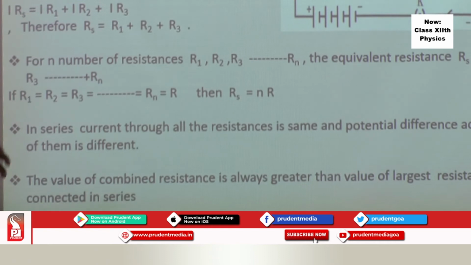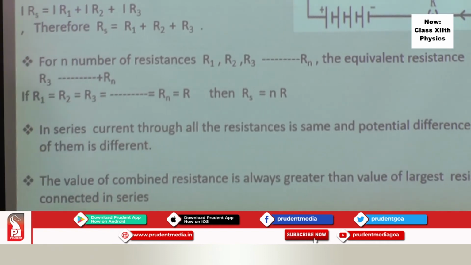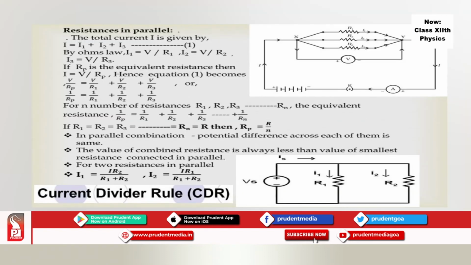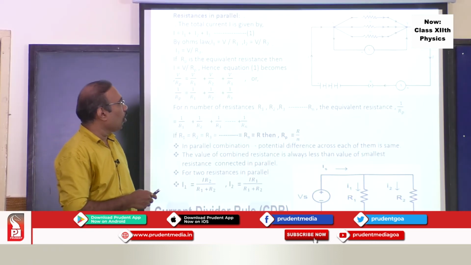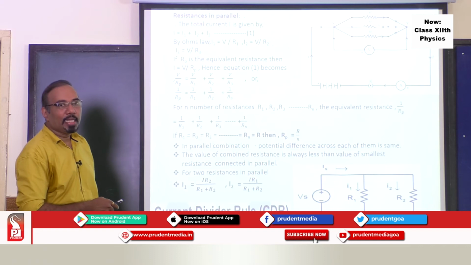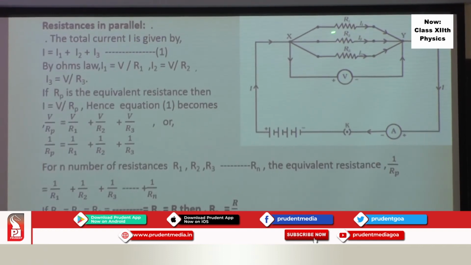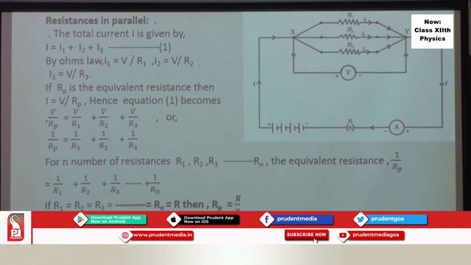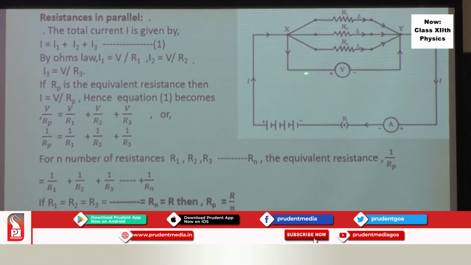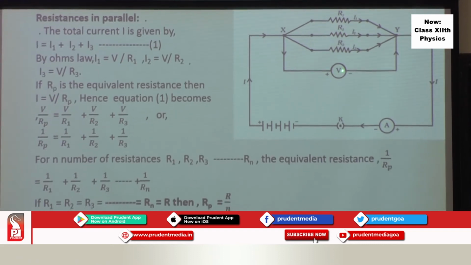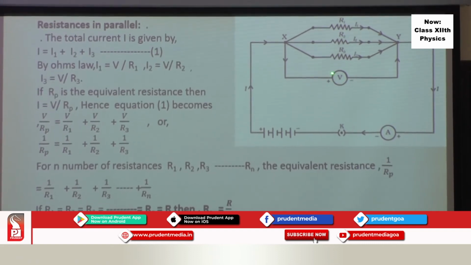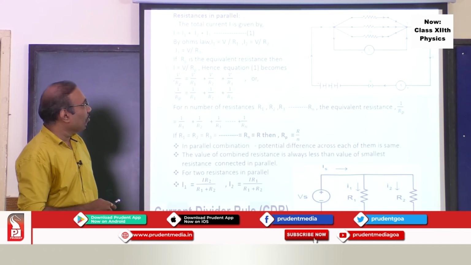The underlying point which you have to remember is, if they are connected in series, the current flowing through them is common. If the resistances are in parallel, let's try to work out this part also. So R1, R2, R3, three resistances connected in parallel. Now, they are connected between two common points, X and Y. So the potential difference across each one of them is the same. Please understand this part. The potential difference between X and Y is the same.